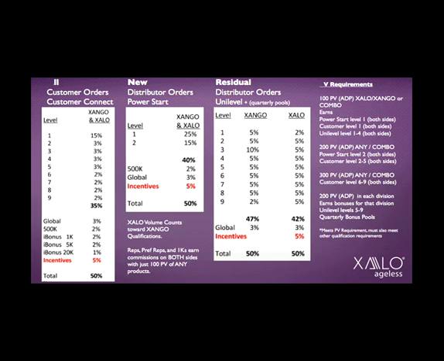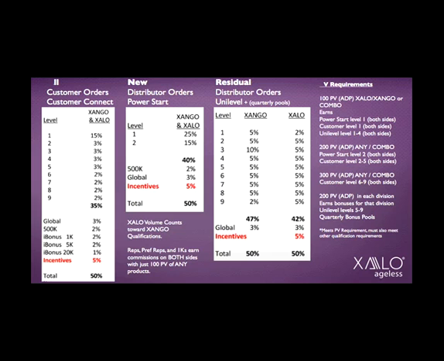And then they throw 5% into the incentives, that's our lifestyle bonus, our rank advancement bonuses, the trips, and there's your 50% payout. See, XALO pays out 50%. Now, most companies in network marketing claim they could potentially pay up to 50%, but most people aren't going to get the 50% because most people aren't going to be at the highest ranked position in the company. They're just not. So the actual payout with most companies, the average, I think I heard the most recent average was 32%. There was a publicly traded company we just looked at the other day, 23%.